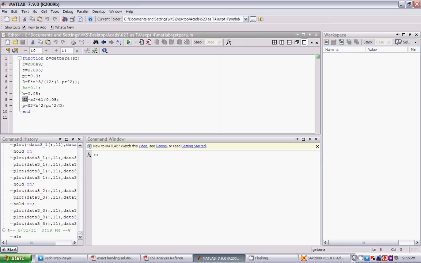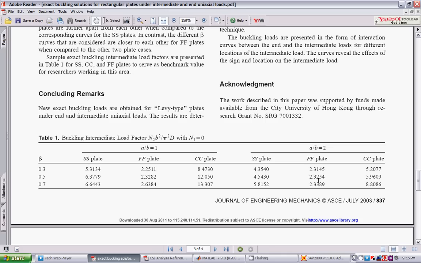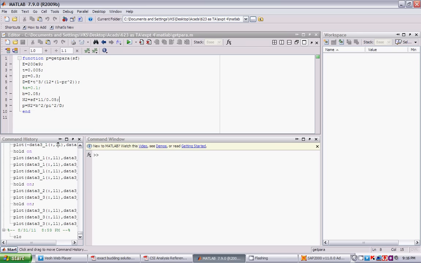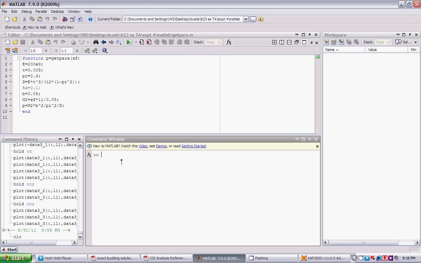So 11 multiplied by SF, which is 95908 in our case and which the user will specify in the program, into 11 times 0.05. So this will be in newtons per meter, and this is the value. I am calling this value P. So this is N2 into B square by pi square D. Fine. And now I am going to call it.